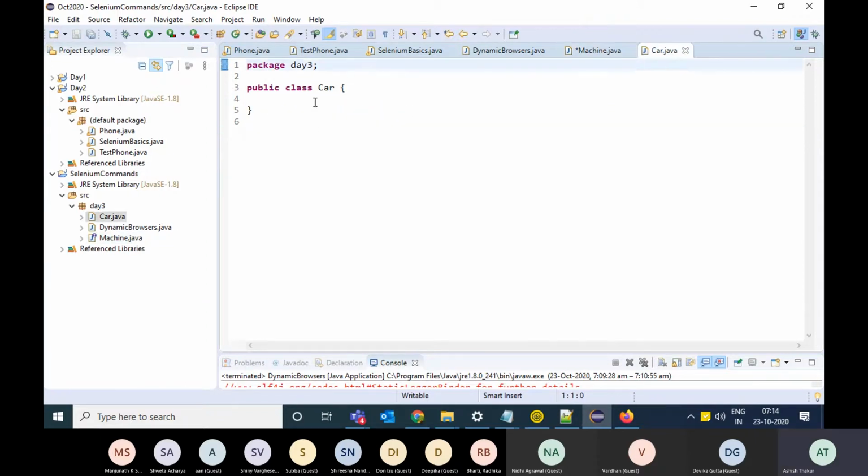So what we do is that we write class car implements the machine interface. So if a class is implementing an interface, it is supposed to implement all the features and functions of that particular interface.